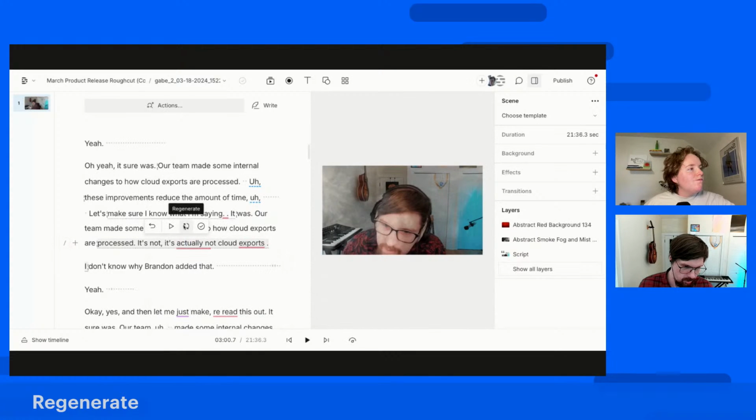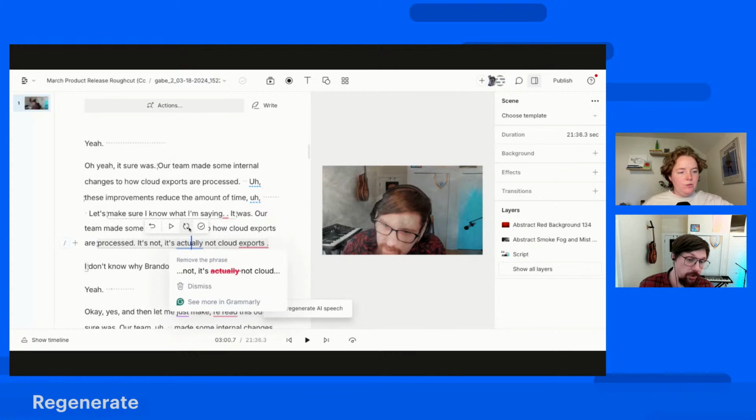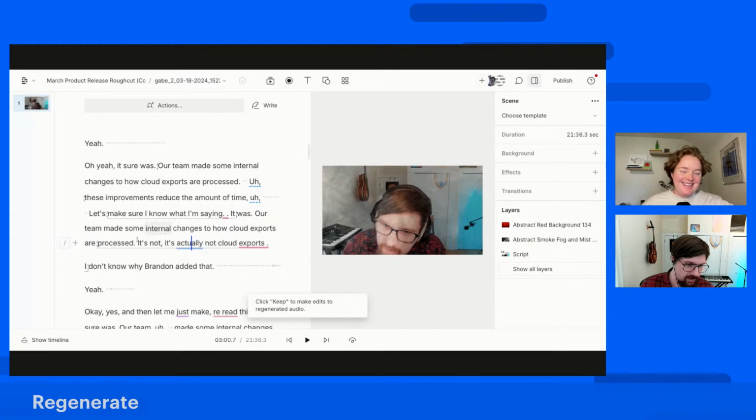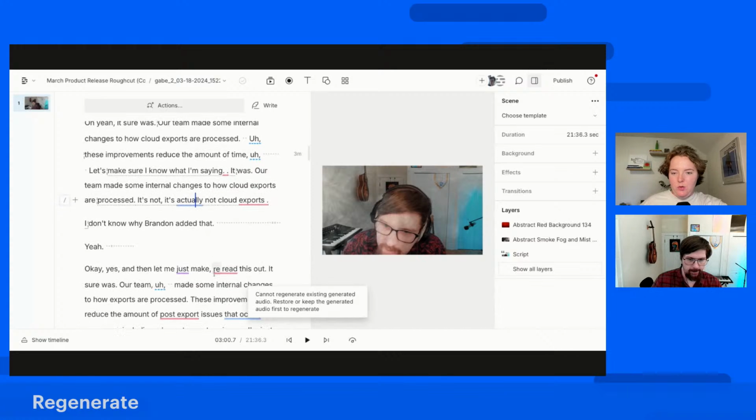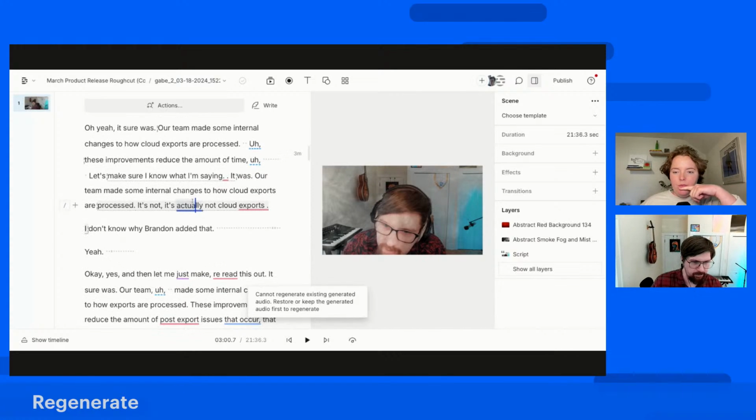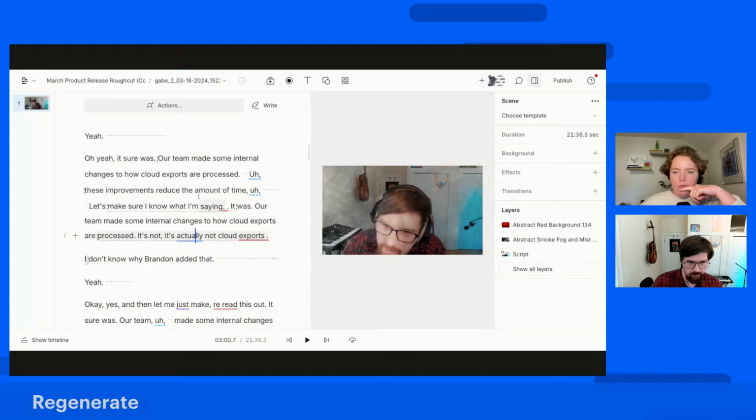I am not sure why that didn't work. Well, usually you can regenerate these. I seem to be doing something wrong in terms of order of operations. No worries. But yes, if you don't like the take, this button should, in most cases, regenerate it for you. Again, probably some kind of issue that I have missed here.